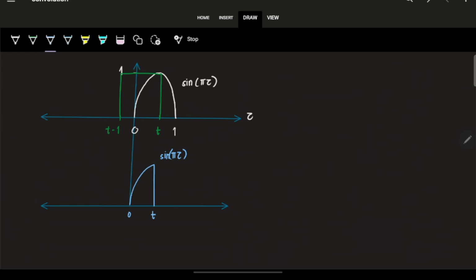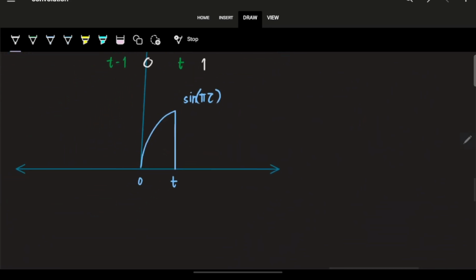Tama po ba? Okay, so sine pi of tau. If we multiply this by 1, retain pa rin si sine pi of tau. So how do we get the area under a curve? Sige nga, if you can remember, how do we get the area under a curve? Of course, we're going to use the very infamous integral. Diba? So the integral of